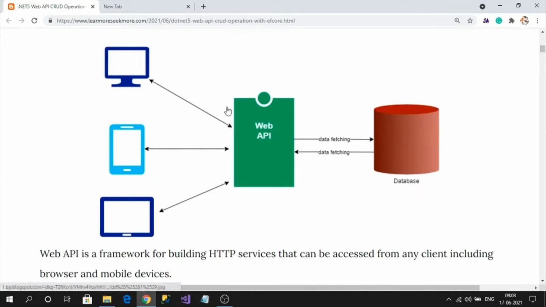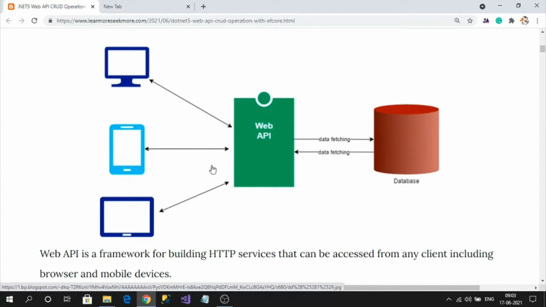You can see this picture and get an idea of what Web API is. If you observe, think of this box as the API and this is our backend, like any database. Our API communicates with the database for fetching the data. See here, different kinds of applications are consuming our API.